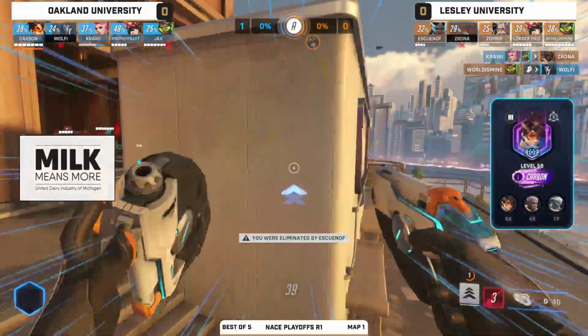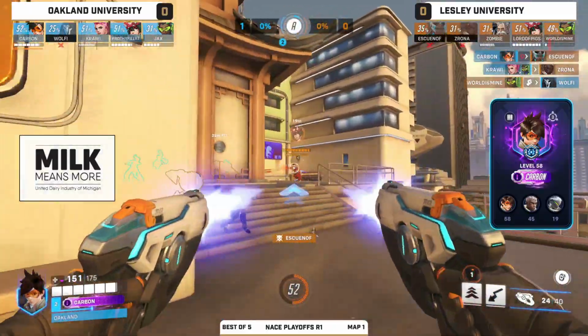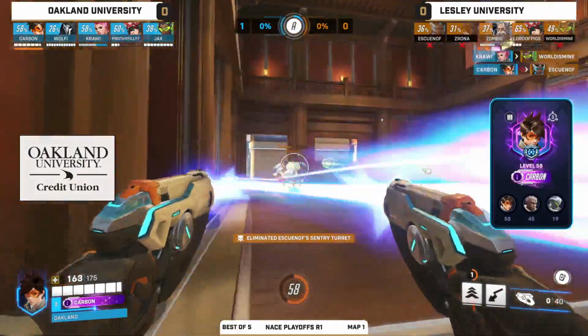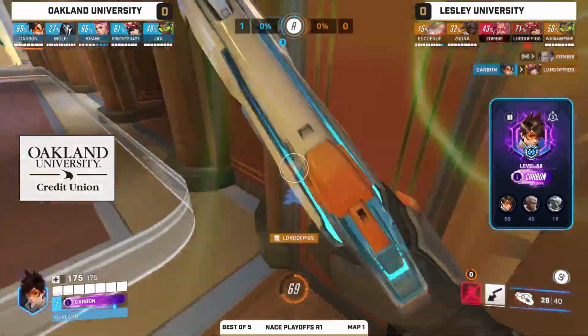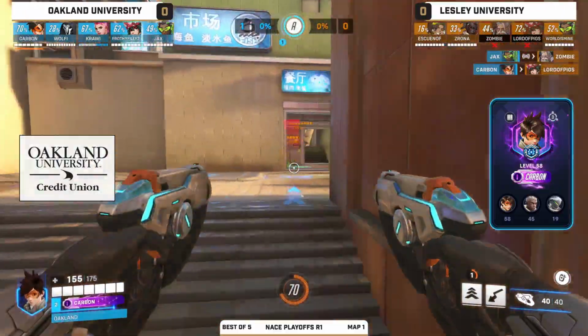Wolfie going down. Lucio exists. You can TP into the window, and then because you have Reinhardt, who has that big shield, as you drop to the point, Reinhardt can just hold his shield out and protect the little team. But that saves you for like the first 10 seconds of a fight. But now, as it cleans up, ooh, and that is Oakland getting a good set of picks,